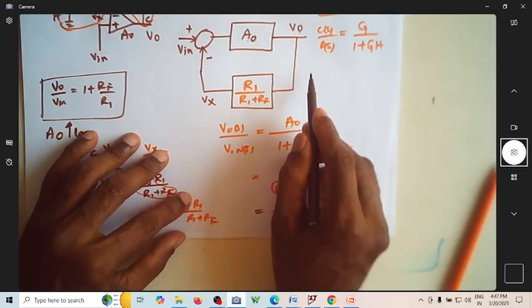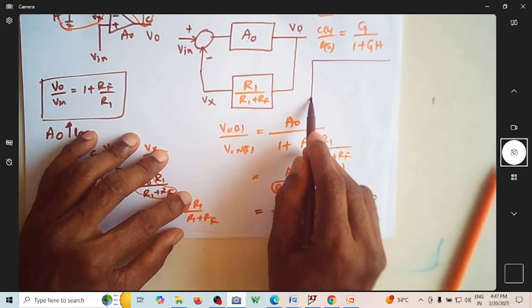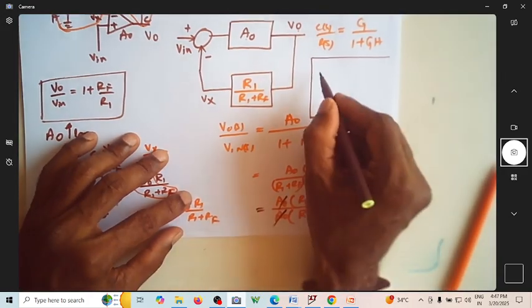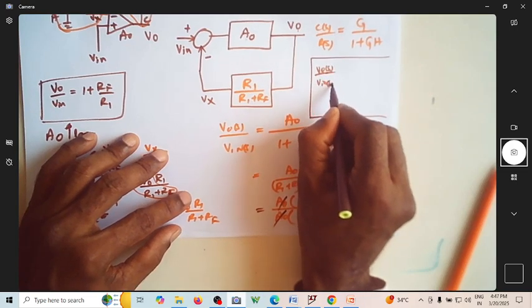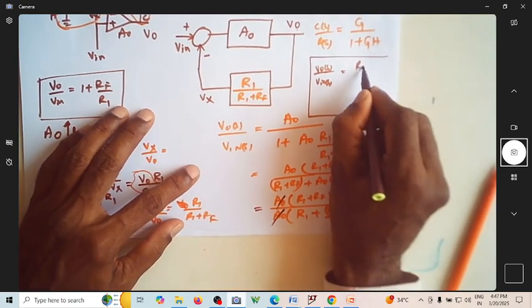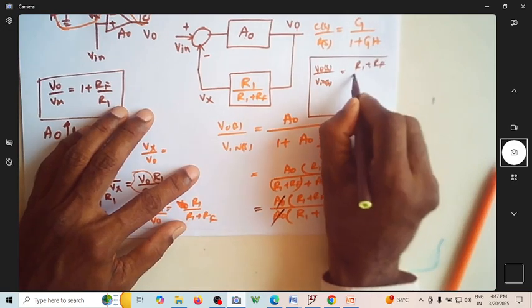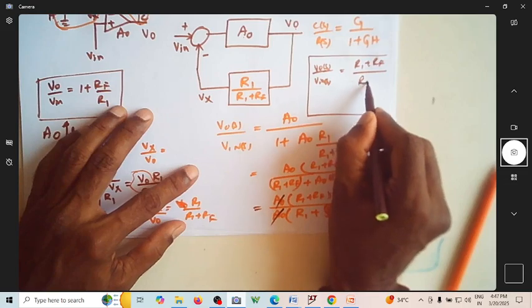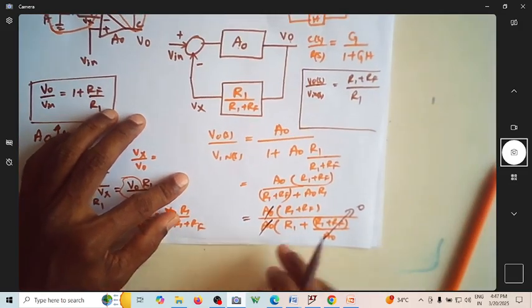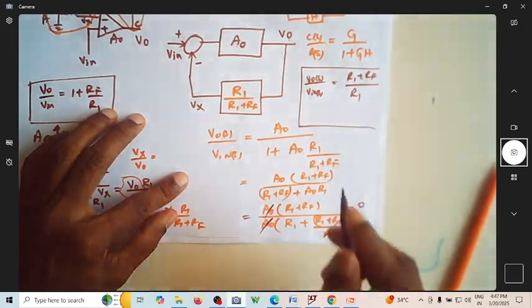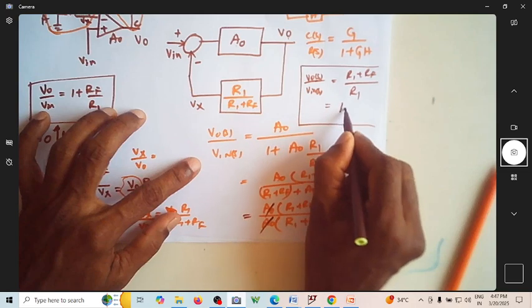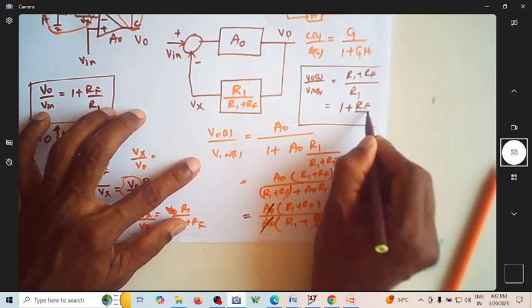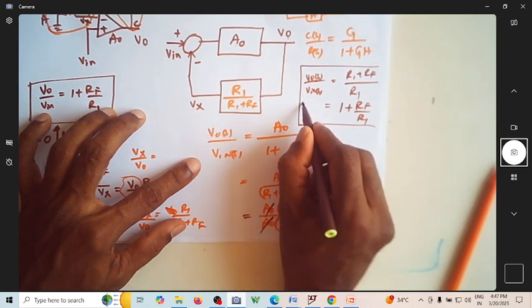So ultimately you have an expression. I just write it here to keep it on the same page. So V naught of S by V in of S is nothing but R1 plus RF divided by R1. Correct? R1 plus 0. So it is R1. So if you further simplify this, will it not become 1 plus RF by R1? Is this not your